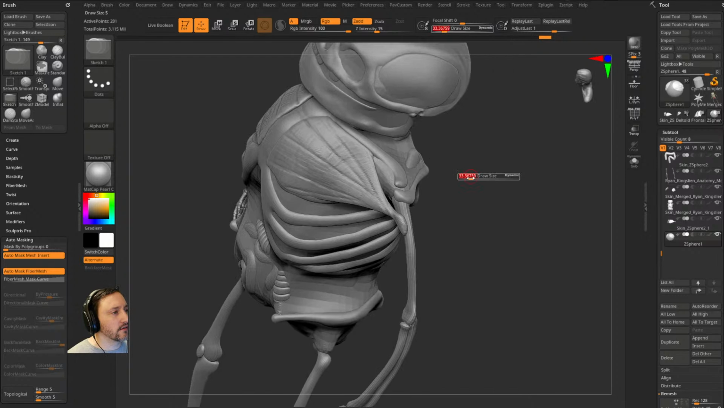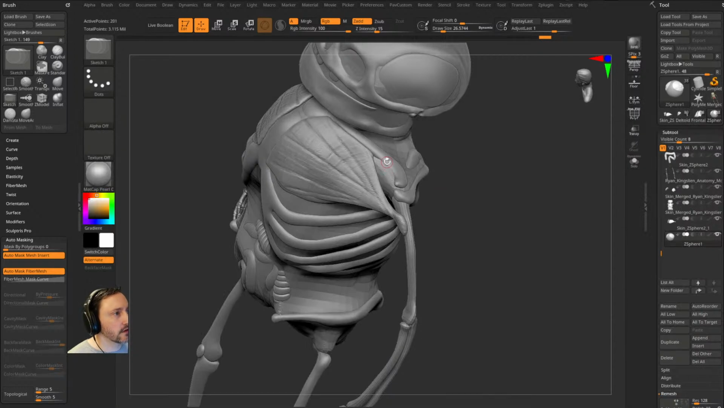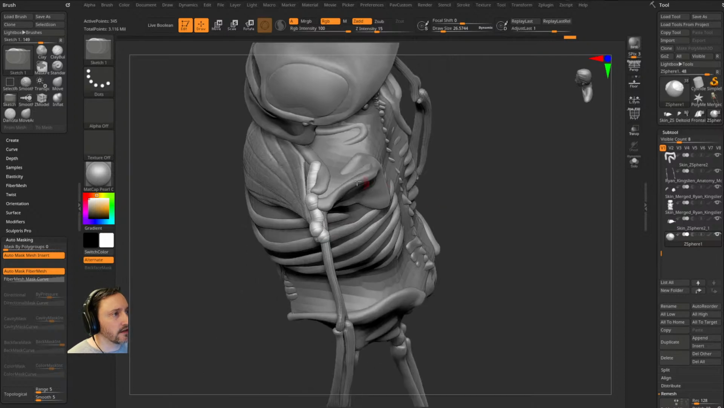What was I talking about? Oh yeah, we're going to ZSketch all the arm stuff. So there is that space in between. If you don't believe me, here's the pec, and then here's the deltoid. And so if we're going to draw this, we're going to start here, we're going to draw down, and